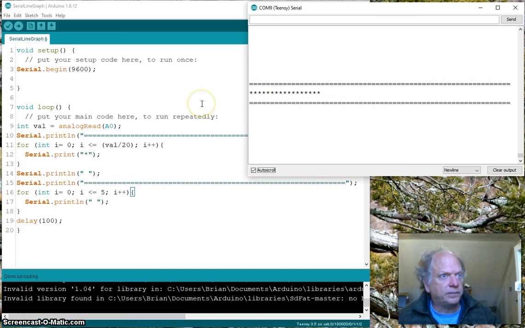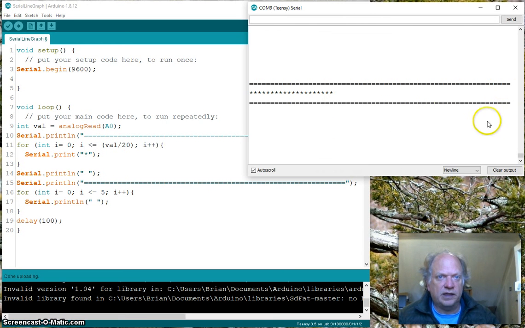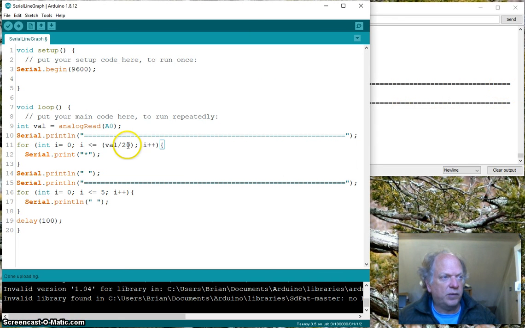And the way I did it is, here I'm actually collecting data, so I'm doing an analog read. And what I do is I print this line, right? Then, because I'm doing an analog read, the biggest number it can be is 1024. Well, I don't want to have 1024 stars going out in this direction. So I divide that number by 20, so I'd have around 50 at the most. And then I created a simple loop which printed that many stars on one line. Then after it gets done doing that, I print a new line,